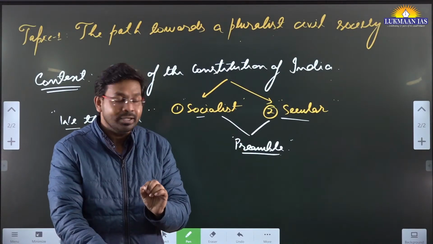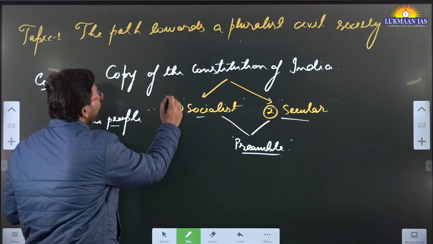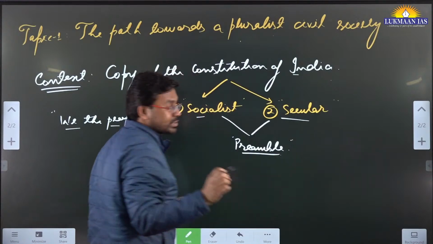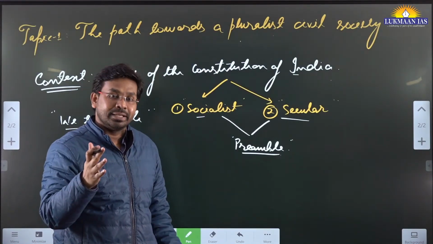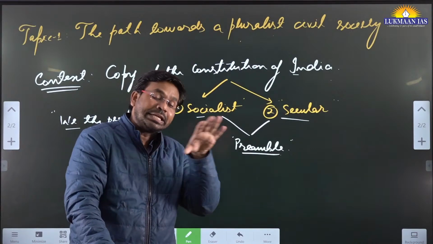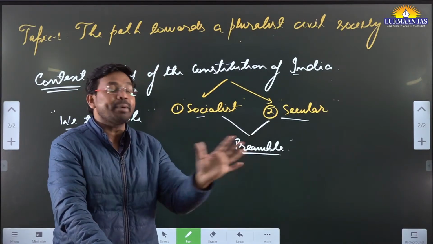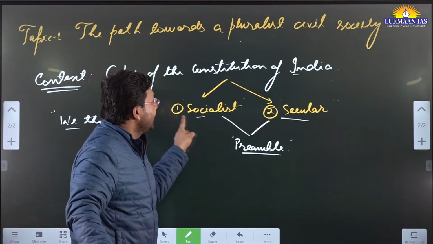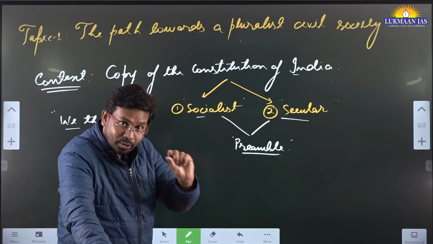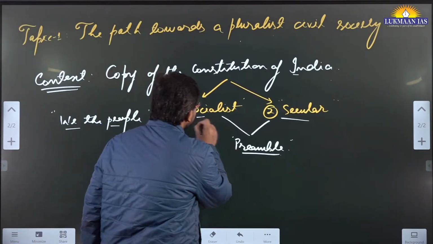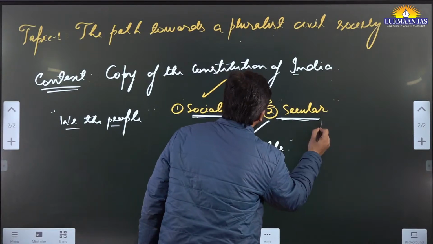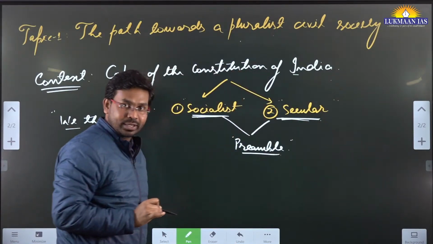But what has happened is that the copy of the Constitution of India that was distributed on the first day of the assembly in the new parliament building to the members of parliament does not have these two keywords. In the copy of the constitution book that was distributed, they did not have these two words. These two words have been omitted, which are socialist and secular.